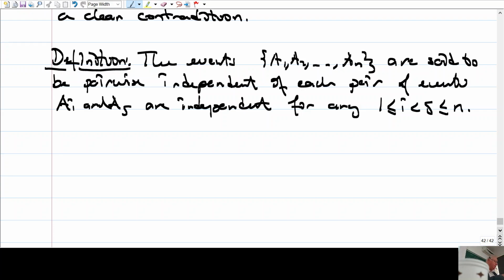We will see in a minute that these two definitions, or concepts, are different. Okay, so remark,